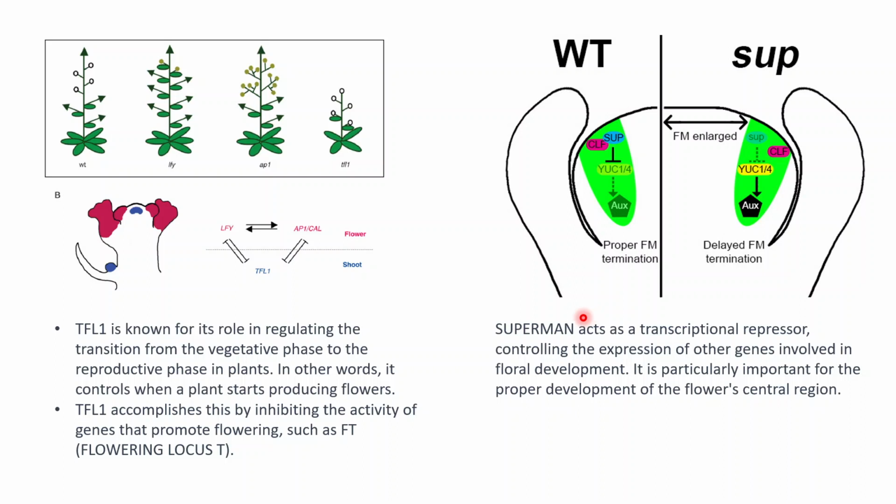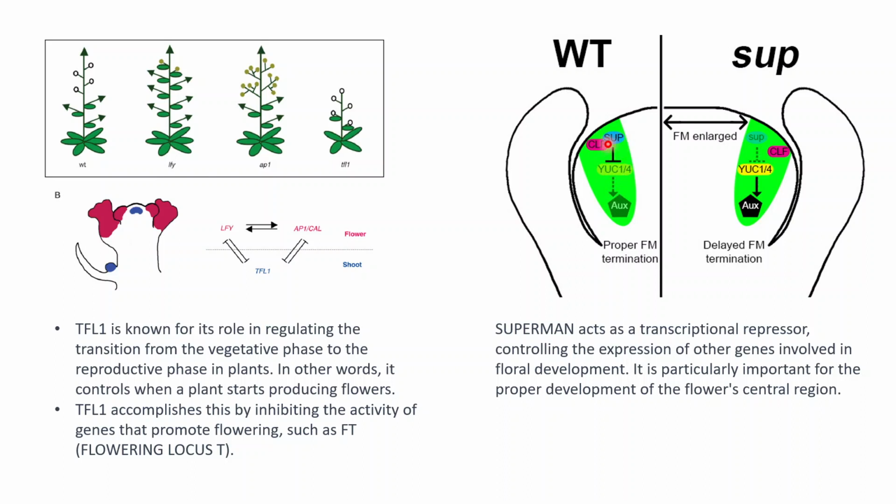And the last statement, Superman. Superman is another gene which acts as a transcriptional repressor controlling the expression of other genes involved in floral development. It is particularly important for proper development of the flower's central region. Superman is a transcriptional repressor, the expression of which determines the organ boundaries and the size of the organs. Here is a mutant of Superman where the floral margin is enlarged. Generally, SUP inhibits